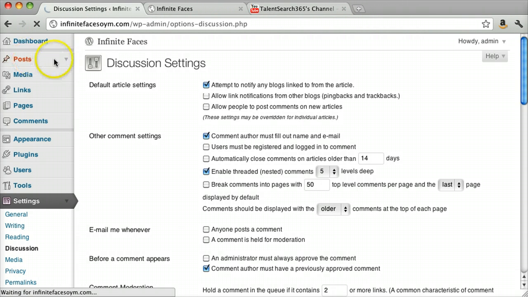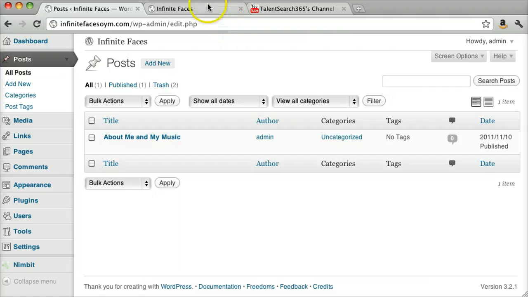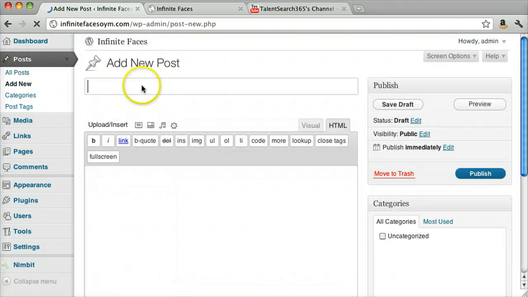This is how you're going to update and keep your website fresh, and you want to do that because people are going to be coming there to look for new information. So I'm going to go to add new here, and let's say, for example, you want to promote your new show that's coming up on Friday. So you could say something like,